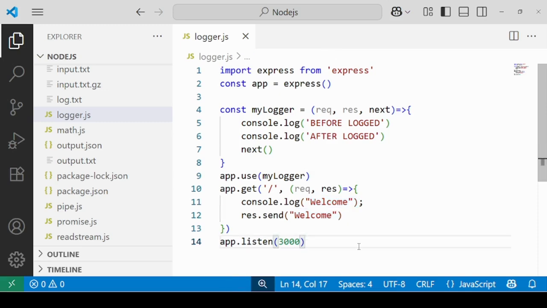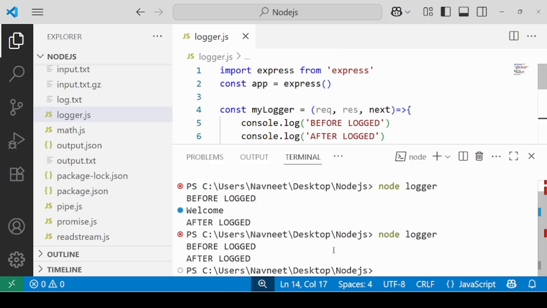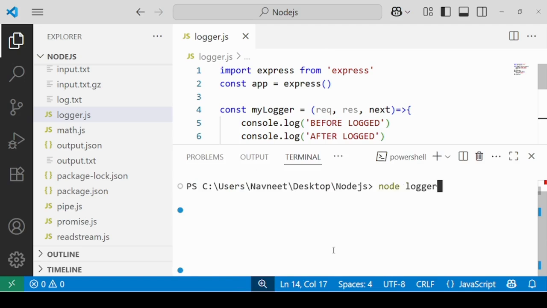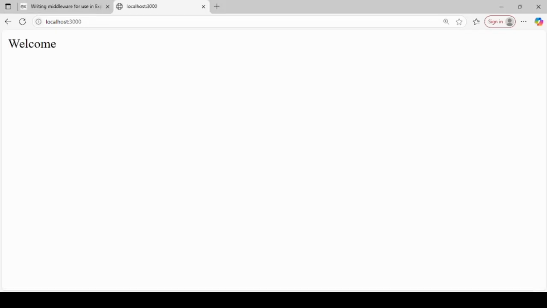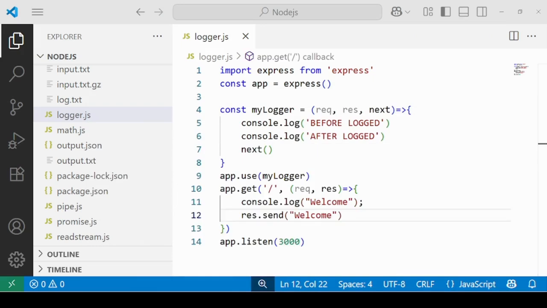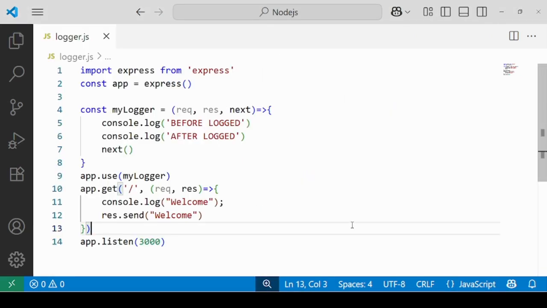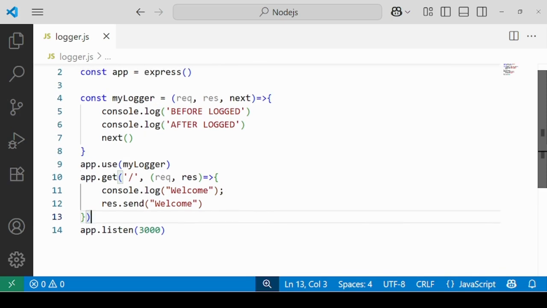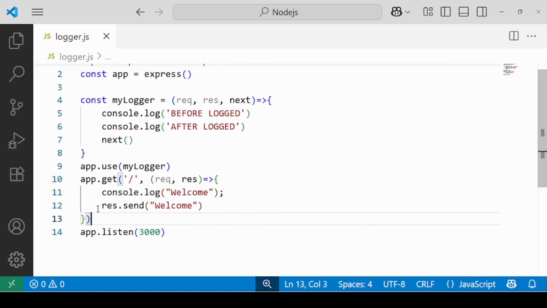So can we just check it out? Node logger. Now, since we were already there on the server, you see before logged, after logged, and welcome. So it's always important that you define the next function, and you can also make multiple routes use the same middleware.